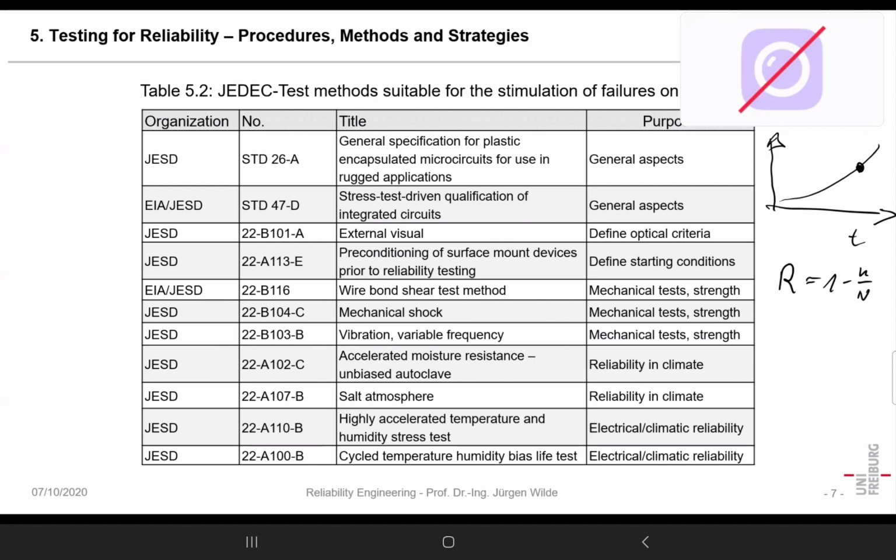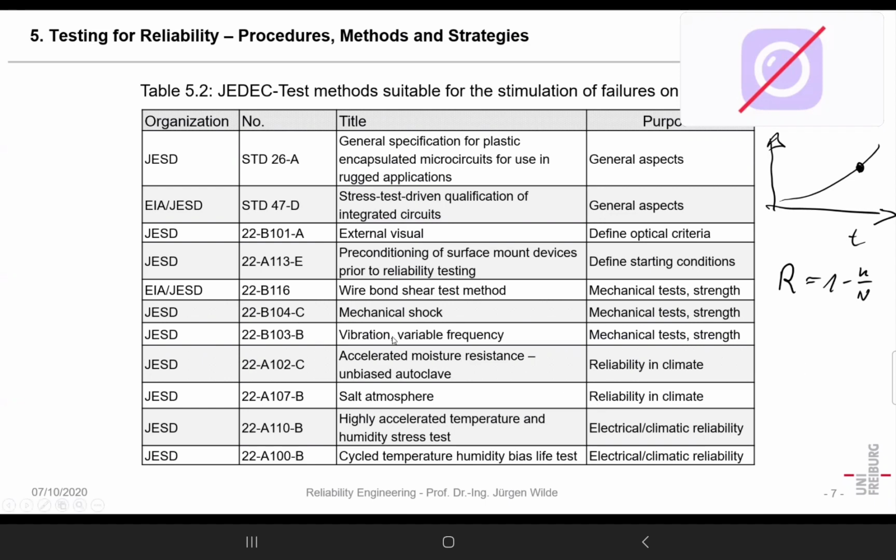Initially, such vibrational tests were different. They were very limited. They went, for instance, from 20 to 2000 hertz at a certain amplitude, and it was just checked whether devices can survive it. So it was more a strength test than a reliability test. But as vibration has become more and more important, especially in the automotive industry, it has developed from initially more a strength test towards a reliability test.